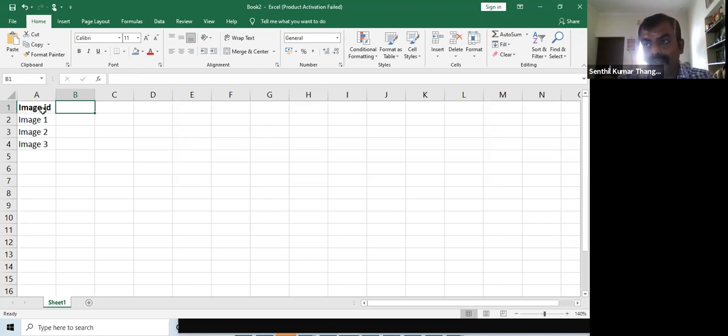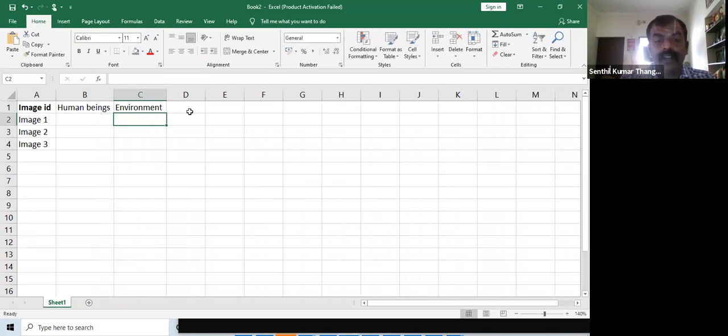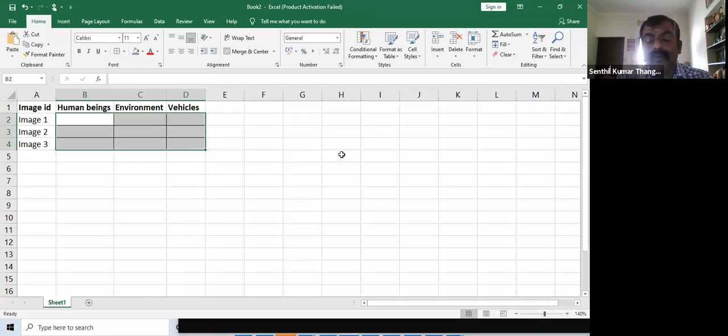Now again, I'm asking all of you, in case I have some data about human beings, and one more feature related to the type of environment, and some features related to the vehicles on the road. All this data is captured with respect to the images that are part of the video. If you're bringing in analytics here, what will you be interested in analyzing? Can you share your thoughts, participants, any one of you?